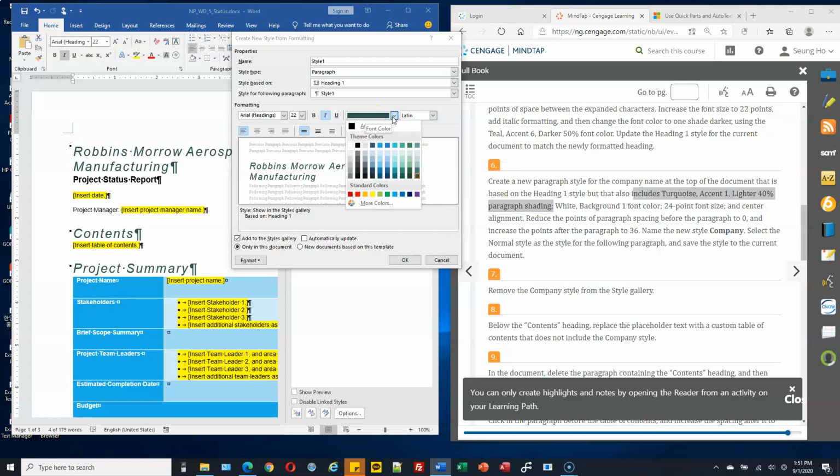Paragraph shading is the turquoise accent 1, lighter 40%. This one. Okay, this is actually not shading. Color. Font color. Okay, let's try this one. Let's try first of all. Okay, white background.